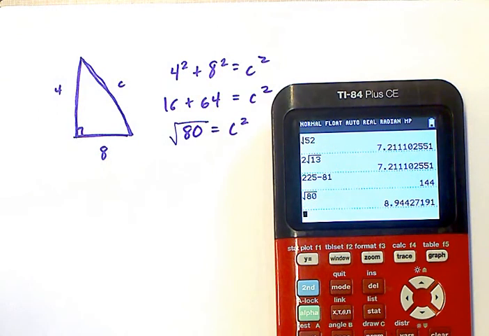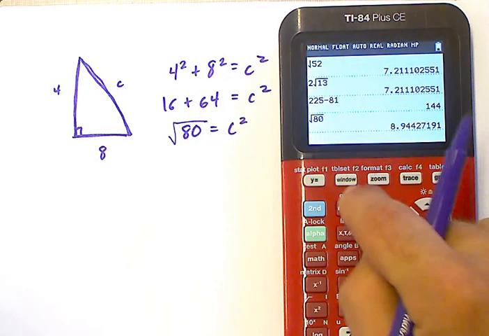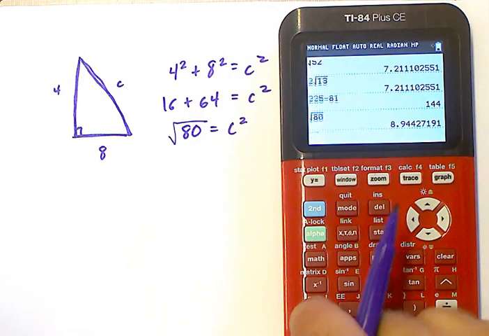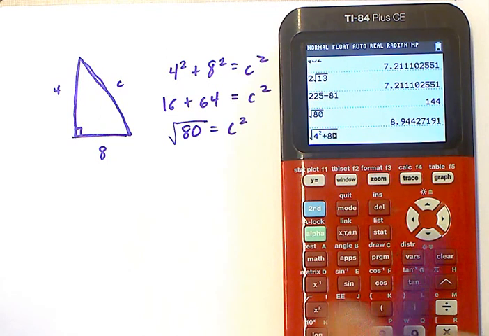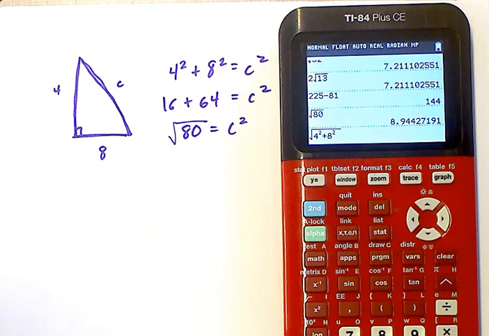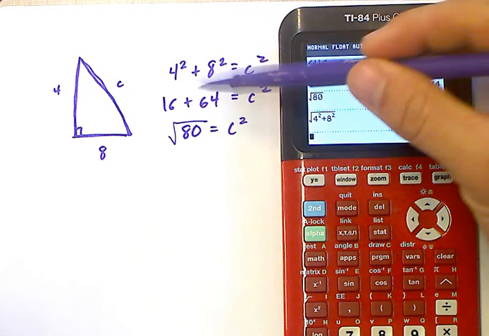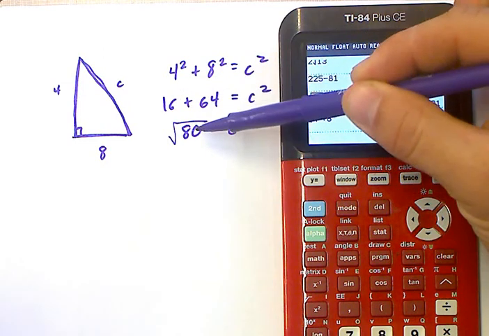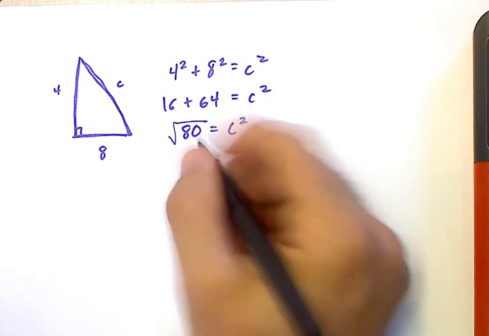I could have also, instead of doing this work here, said second square root and actually put in the 4 squared plus the 8 squared, and I could have solved for the 8.9 there without doing the 16 plus 64. Now let's say I were to simplify this into an 8